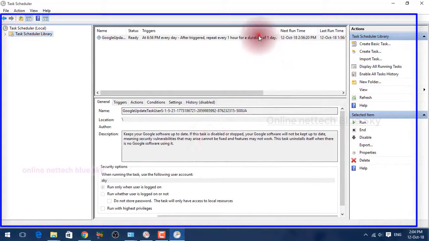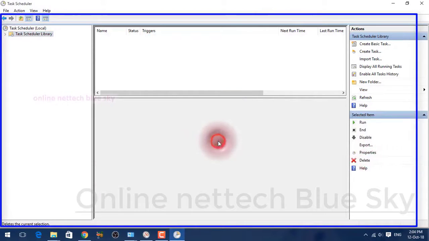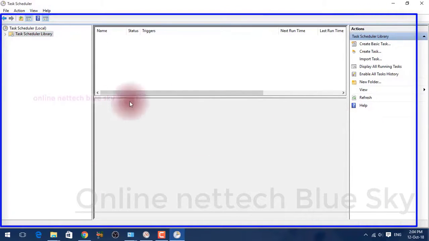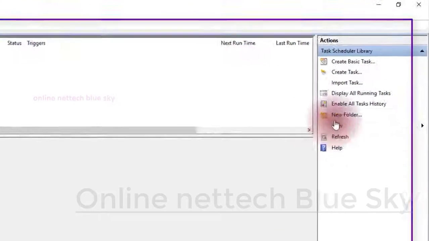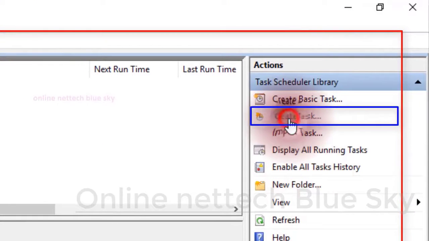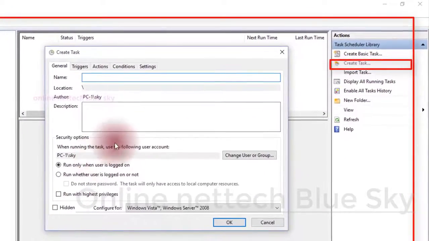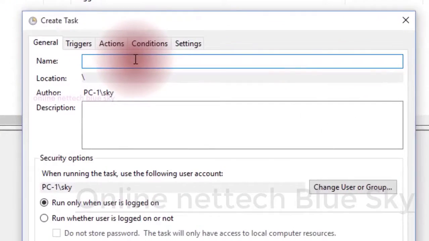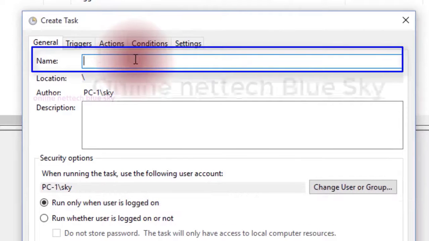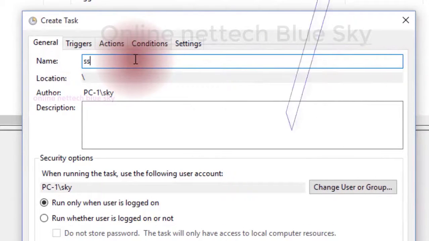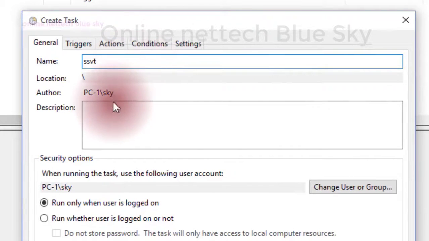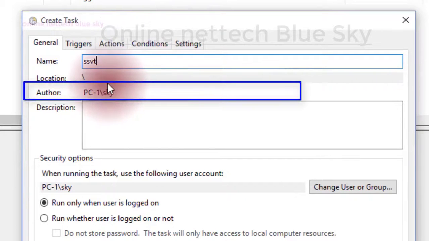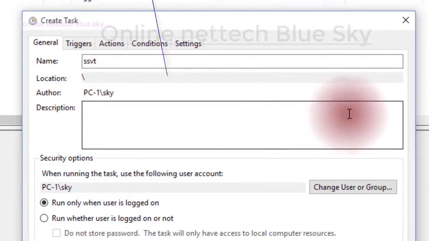Okay, so first you can see I'm just deleting here. I already created some files, and they open automatically. We are creating only Basic Task, Create Task. Click on here, and first let's understand what these windows are. In General options, you give a name. I give my name, SSVT type name, and in Location you can see the main home folders here, and this author is my user name.